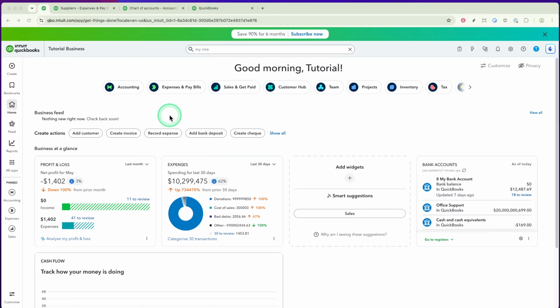By the end, you'll know exactly how to add suppliers, customize their information, and keep your records accurate and up